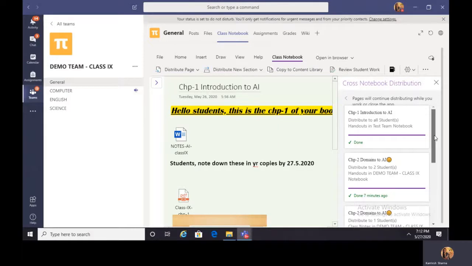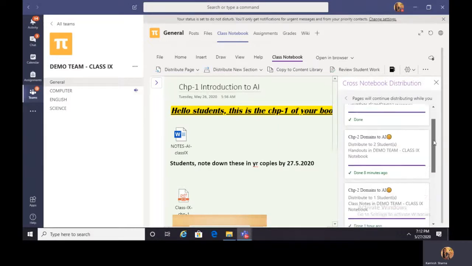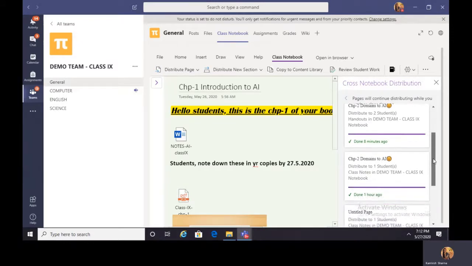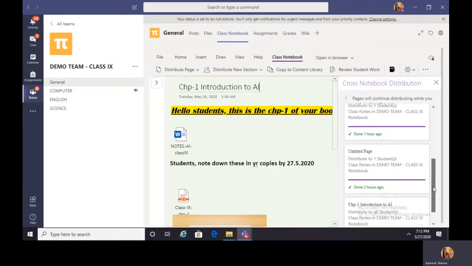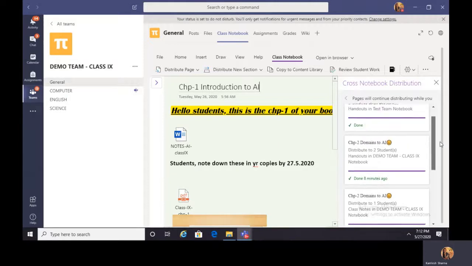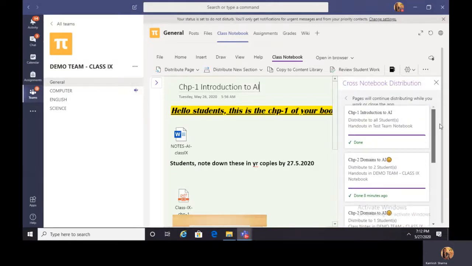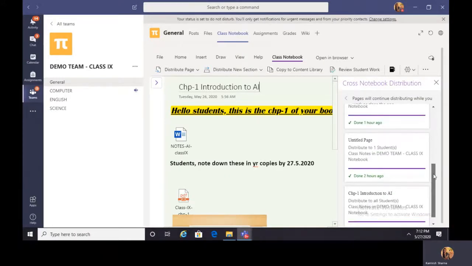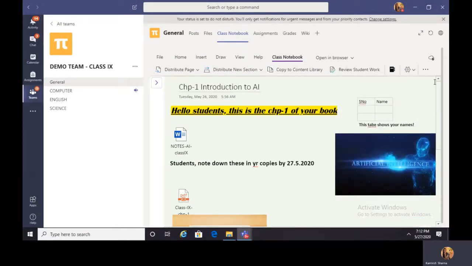One more thing which you can notice, when this dialog box comes, you can just go down to check out all the activities which you have carried out so far. So it is a nice way of keeping track of your distributions. All right, click on close. I'm not checking it right now because I want to give it some time to get synced. We'll check it a little later on.